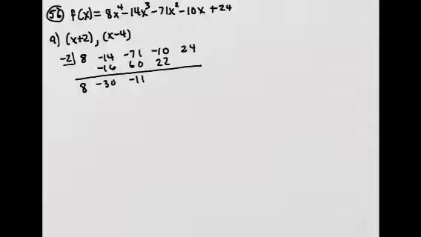When you combine these two, you get 12. And then 12 times negative 2 is negative 24. So the remainder is 0. So x plus 2 is a factor. To verify the other one,